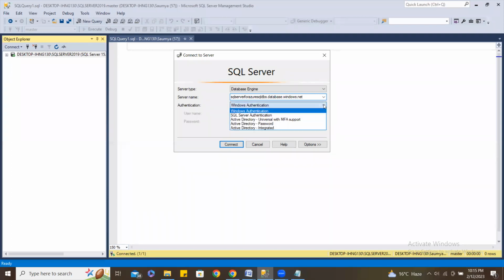Windows authentication is not supported for Azure SQL database, right? SQL Server authentication is supported, and Azure Active Directory authentication in 3 modes is supported. Universal with multi-factor authentication, where it will ask you to